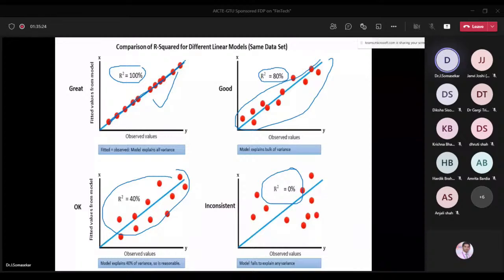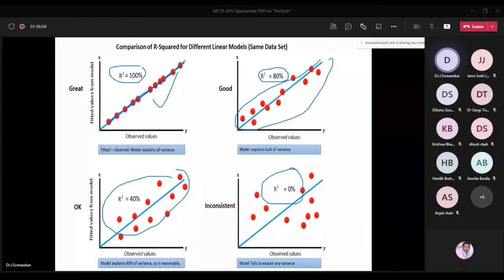Take this type of value, R square 0: suppose rainfall in Bangalore and the number of COVID cases. Is there any relation between rainfall and COVID cases? If rainfall increases, will COVID increase, or if rainfall decreases, will COVID decrease? No, there is no relation between rainfall and COVID cases. That's why we call it uncorrelated. Such scenarios will get R square equal to 0%. Here you can see 0.988: almost all the data points are very close to the predicted regression model. Here R square is 0.02, the data points are very far from the predicted regression model.